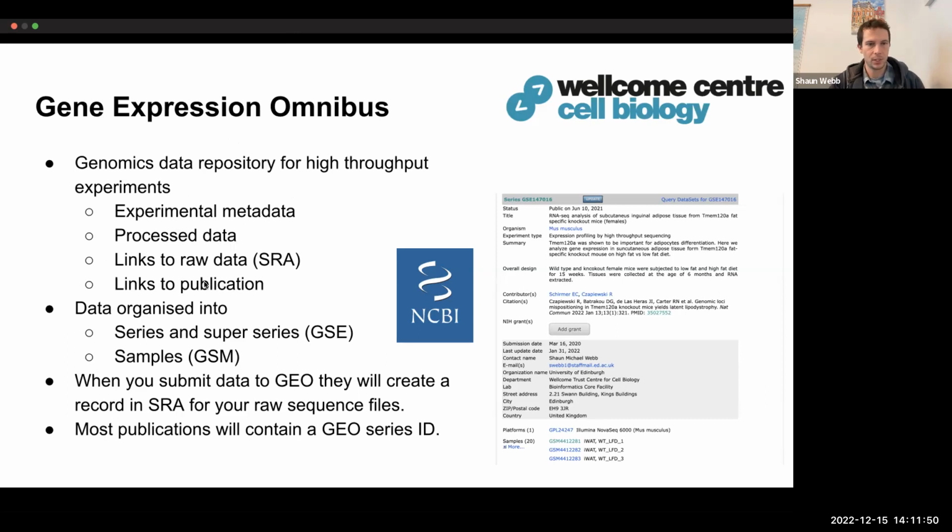And in GEO, the data is organized into series or super series, which contain multiple series. And within each series, you find samples, which then relate to an individual sequencing sample. And so often when we publish data, we submit our raw data and our processed data to GEO. And GEO actually handles the processing of raw data and creates records in the SRA, the Sequence Read Archive, for